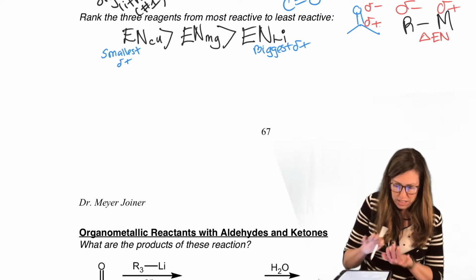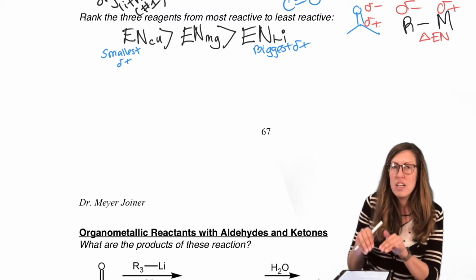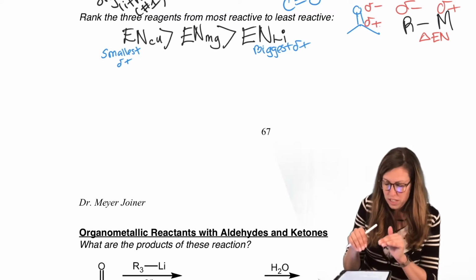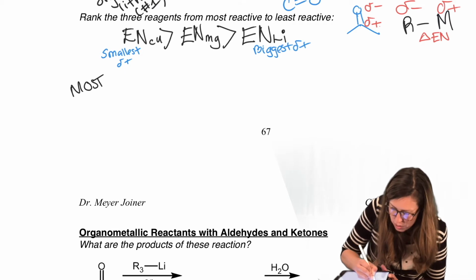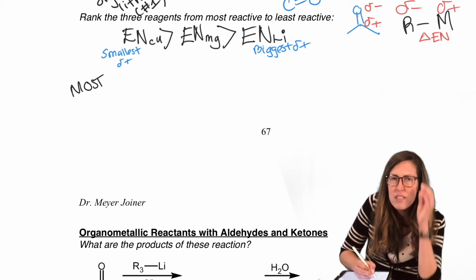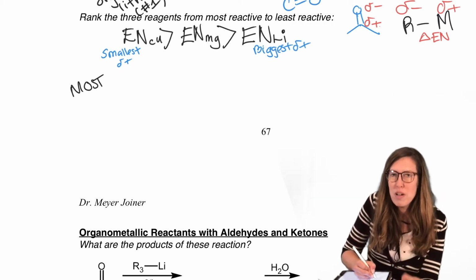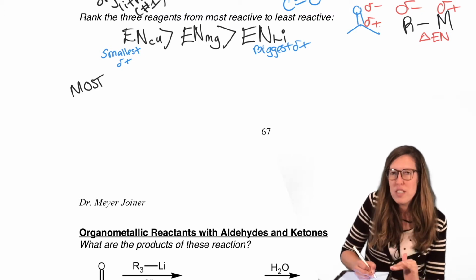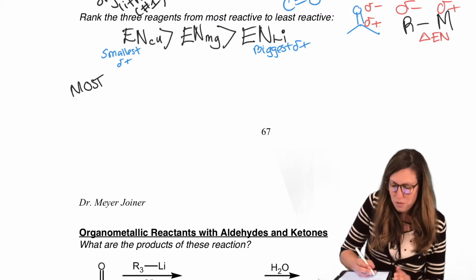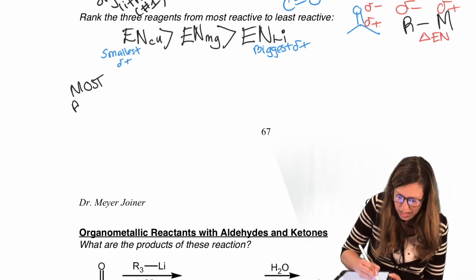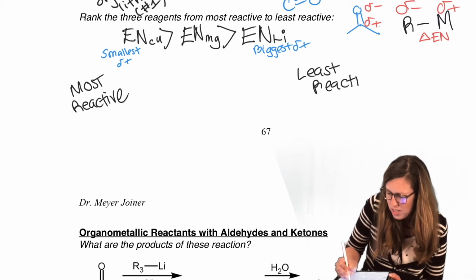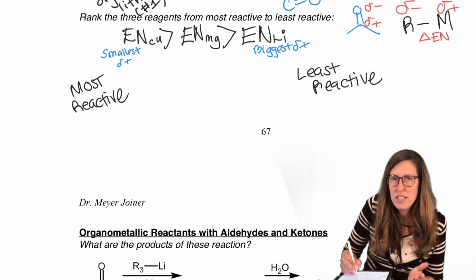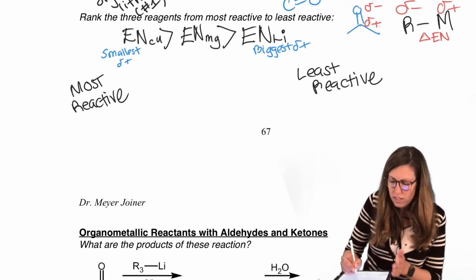Let's draw that out just to keep it clear, because looking for one trend is not the same as looking for another. We were looking at electronegativity, now let's look at reactivity. Ranking is a really common type of homework, test, and ACS problem, so to make sure we are comfortable with what we're ranking, it's good to overly annotate it: most reactive to least reactive. Not just because it's a common test problem. In real life, we like to rank things too. Which one is the best out of a series to use?